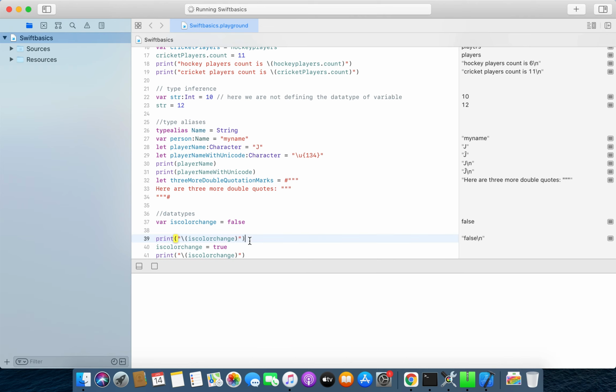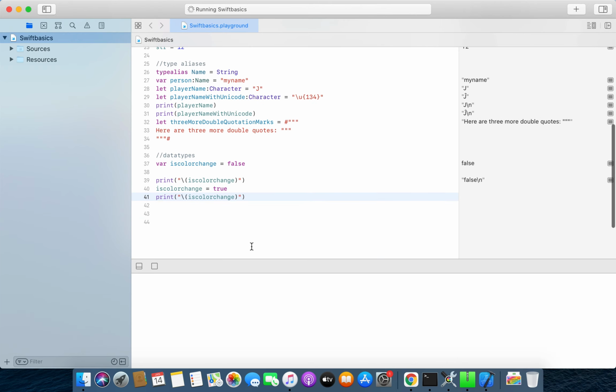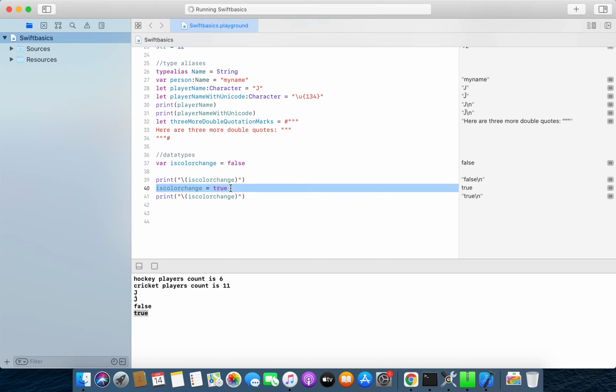In the previous line I will get a false, and in this line I will get a true value. See, getting a false previously and getting a true in the next part when I change this variable.